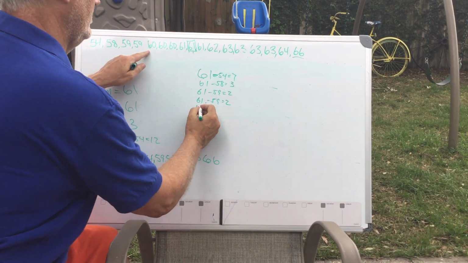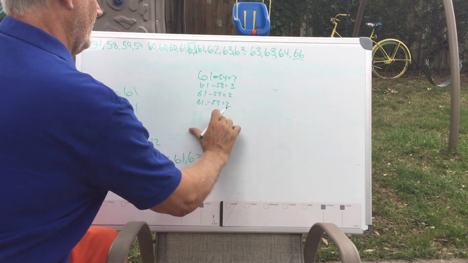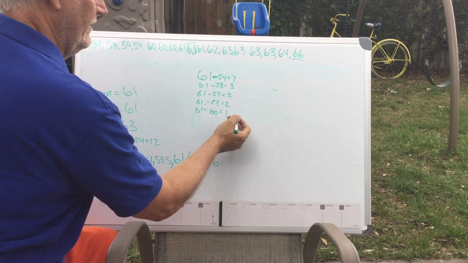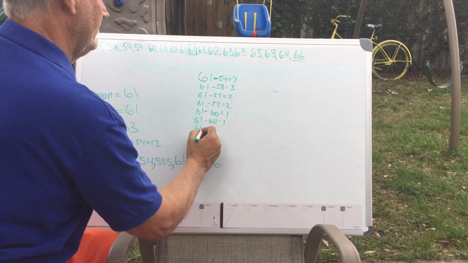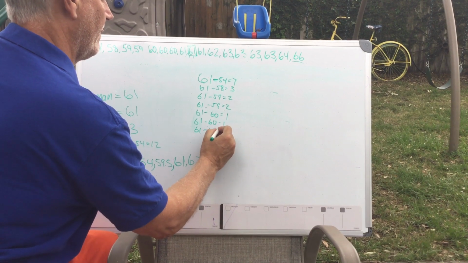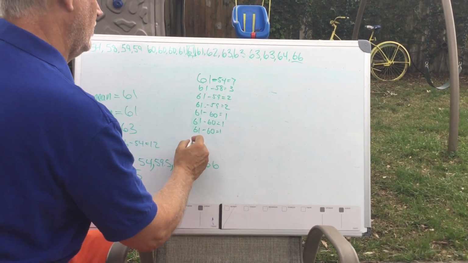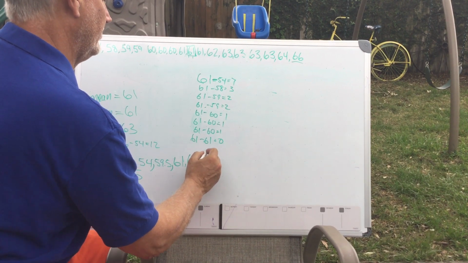Then I have 3 60s. Sorry. 61 minus 60, which is 1. And that happens 3 times, so I'm just going to do that 3 times. And then I have 61 that occurs 3 times, so 61 minus 61, and that's going to be 0 and